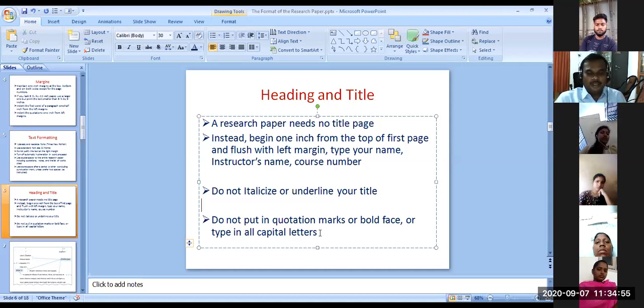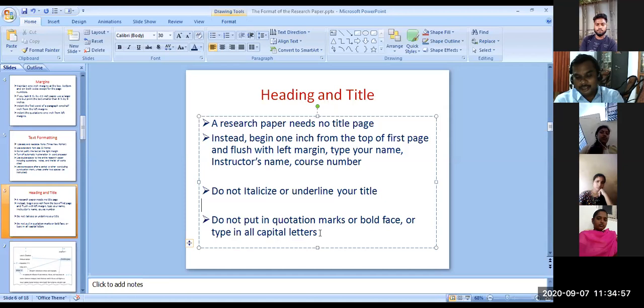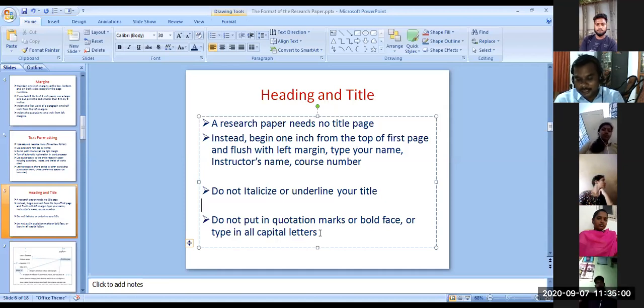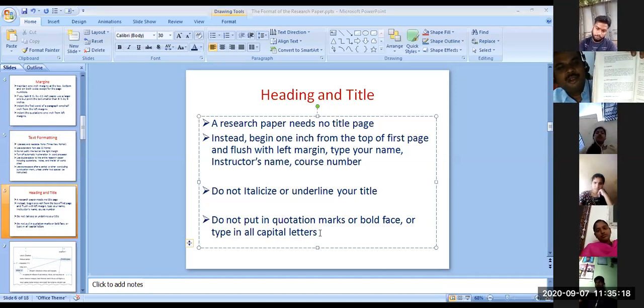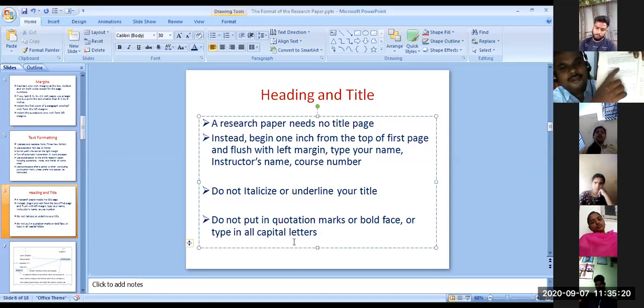But in MLA handbook, they have given like that. But even they capitalized in some cases. Look here, they gave margin. Margin, they capitalized.